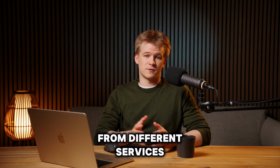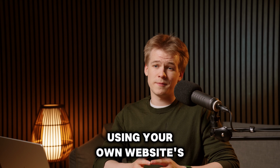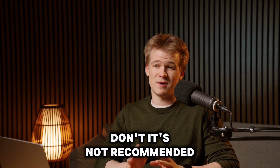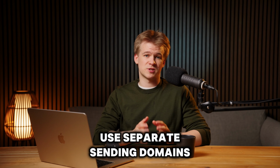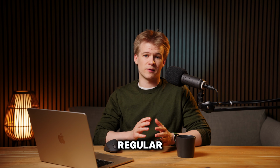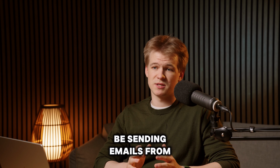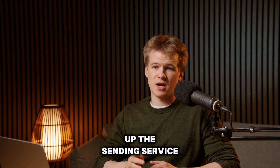Domains can be bought from different services, for example, GoDaddy or Namecheap. If you're planning on using your own website's domain, it's not recommended, as you should use separate sending domains for the cold email, so that you don't accidentally reduce your own regular email addresses' sending reputation. After you know which domains you're going to be sending emails from, we need to set up the sending service,